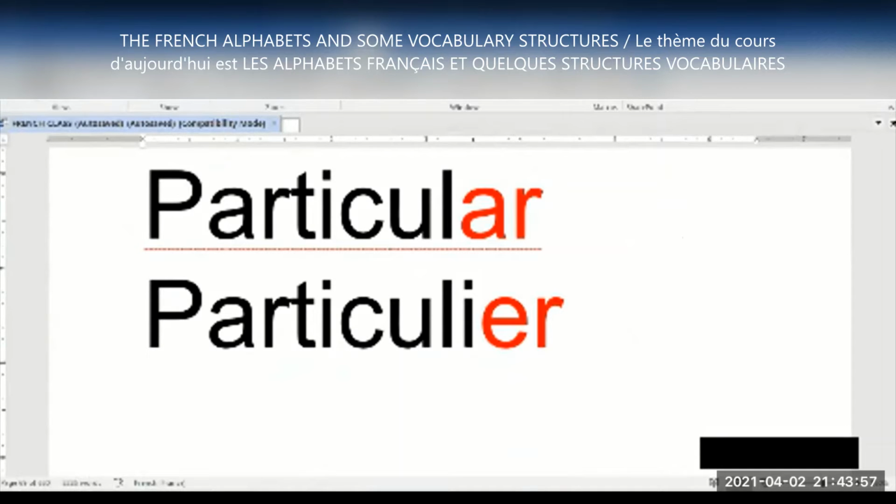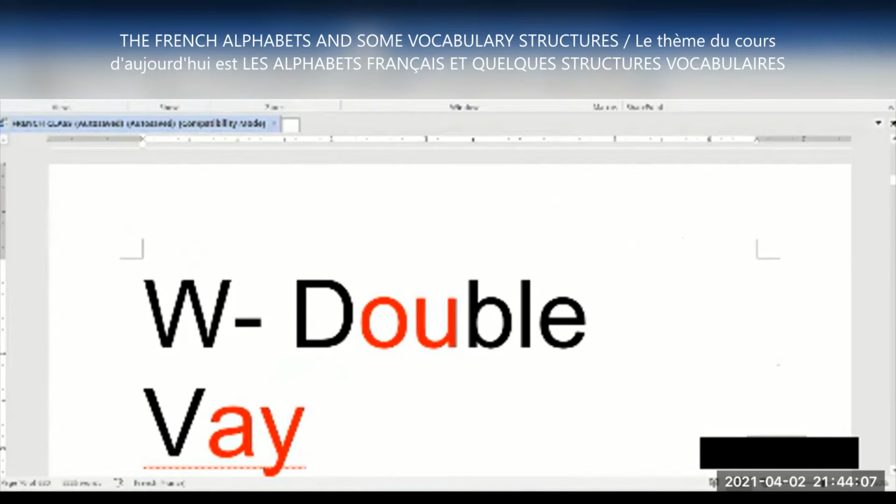Ce sont les autres points qui sont très importants de noter, qui sont très importants de comprendre. W is pronounced as W. This is the W. So before we continue,